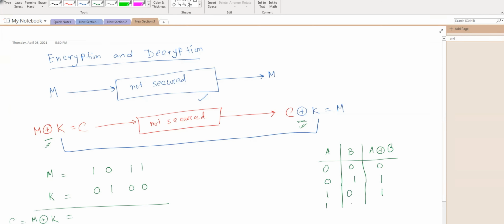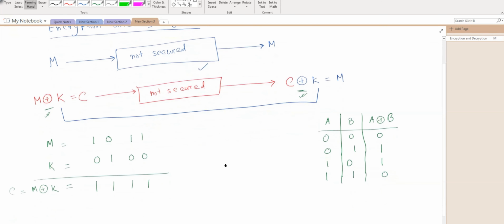And if both are 1, the XOR is going to be 0. So 0 XOR 1 is 1, 0 XOR 1 is 1, 1 XOR 0 is 1, 0 XOR 1 is 1. All right, so the ciphertext will be transmitted to the channel.